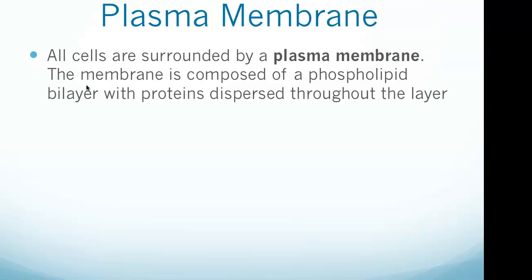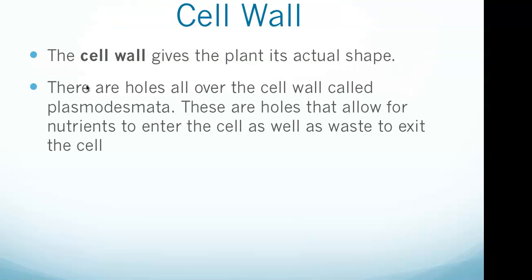Plant cell walls consist of multiple layers of cellulose. These types of extracellular barriers confer shape and rigidity to the cells. The cell wall gives the plant its actual shape. It acts as a gatekeeper because it determines what can come in and out of the cell in order to keep the cell protected. The cell wall protects the plant and cells from the many insects and pathogens that could